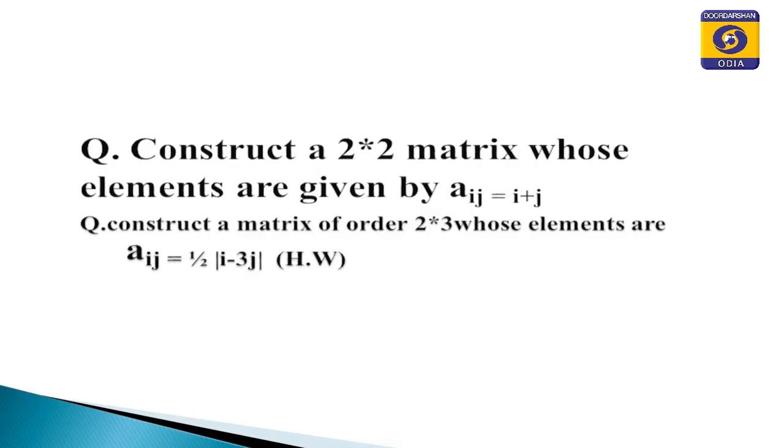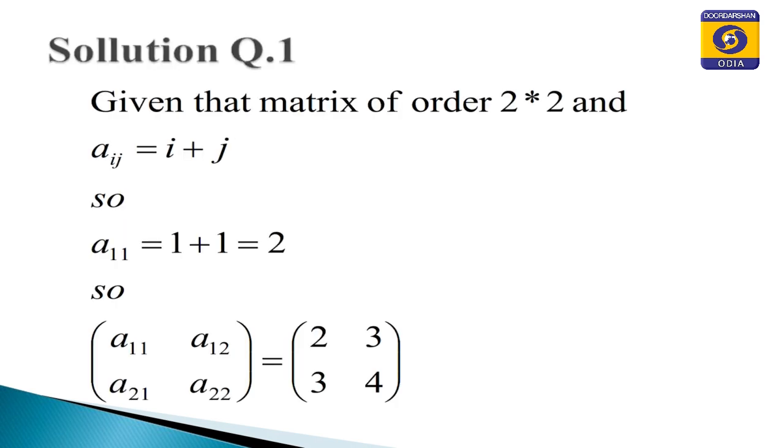Next, another question: construct a 2 cross 2 matrix whose elements are given by aij is equal to i plus j. Construct a matrix of order 2 cross 3 whose elements are aij is equal to half times the modulus of i minus 3j. Solution of question 1. Given a matrix of order 2 cross 2, the elements aij are equal to i plus j. A 2 cross 2 matrix is given by